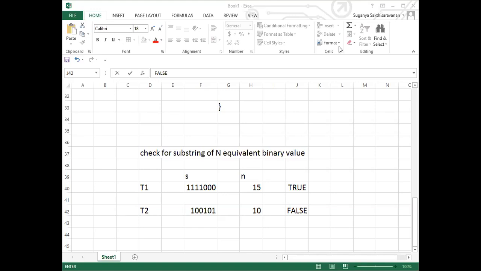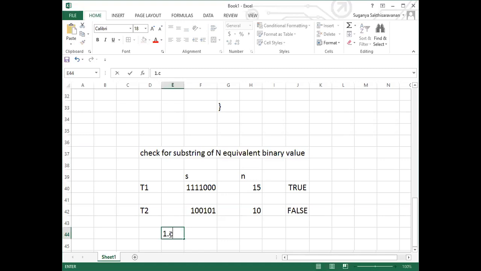Yeah, any value. It can be of any value. What happened?